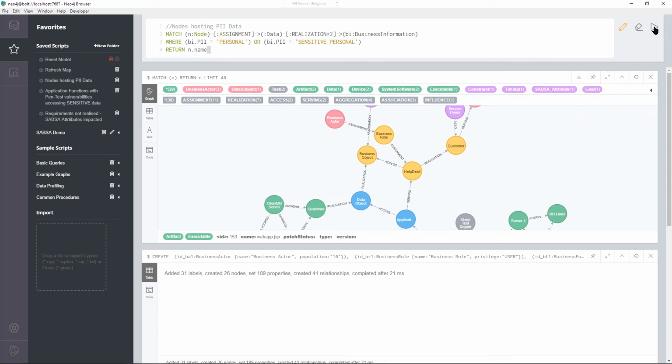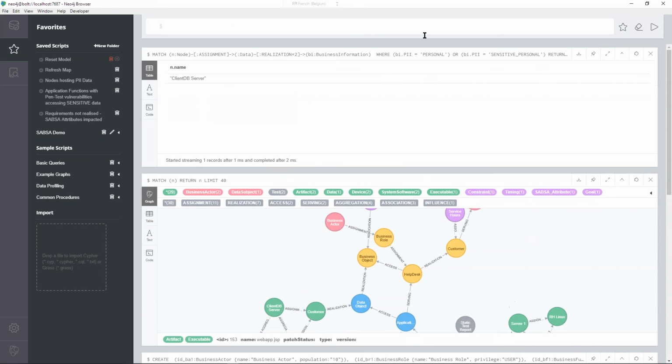When we run that, it says yes, the client DB server, that's where your personal data is being physically persisted. So again, think about the possibilities I spoke about earlier, like Facebook looking at your friends, analyzing little fragments of node maps, looking for patterns that have been pre-analyzed for security requirements, and being able to find those patterns in a real model and suggest the security requirements that might be applicable.